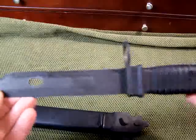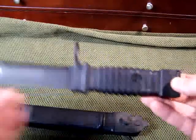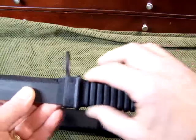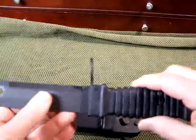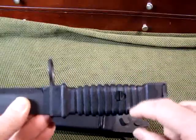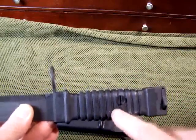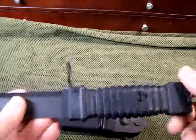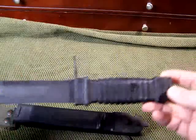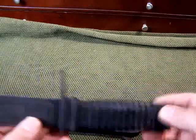Now, that brings me to another point. There is another KCB 70, the original, that had somewhat of a shinier plastic grip. And the blade itself was more of a blued finish. But the grips, typically when you find them, they're cracked because they're very brittle. Now they're easy to remove, and I'm going to talk to you about that in just a few minutes. But this is the Parkerized version, and the grips are much more durable,